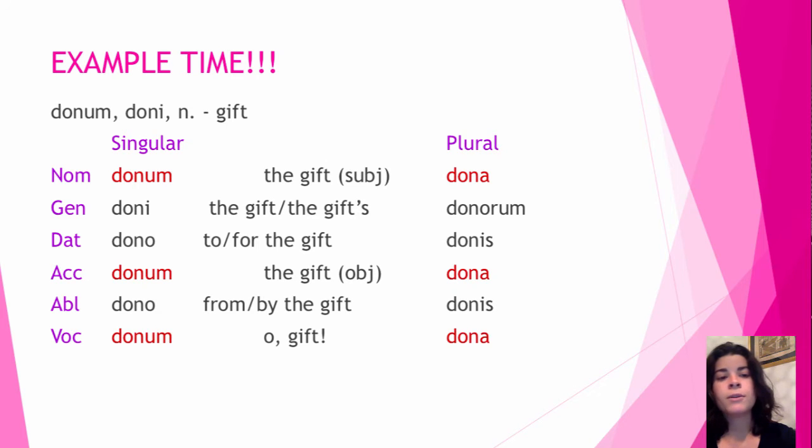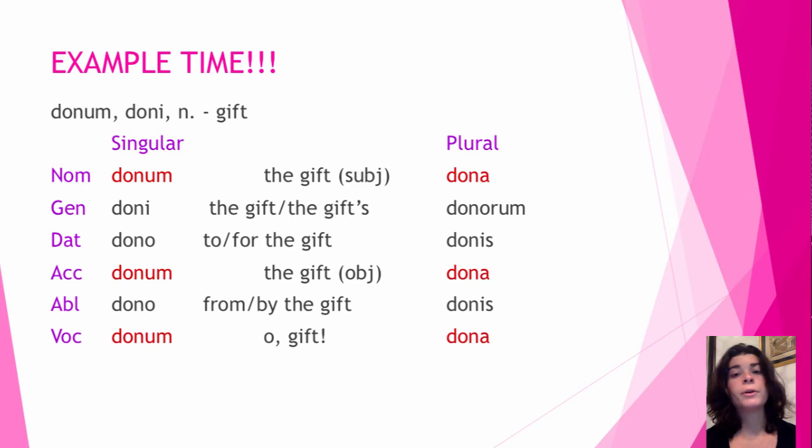So notice that genitive, dative, and ablative don't change in either singular or plural. It's still the same as you have learned for second declension. Nothing's different there. And also the translation is the same. It's not like the case is going to change its function just because the endings have changed. So remember, everything's the same except for those three cases where it's going to differentiate.